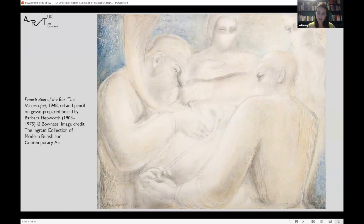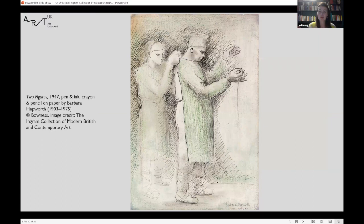And known primarily as a sculptor, I think that Hepworth was also this incredibly skilled draftsman, and you can see the three-dimensionality of this work. If you go closer, particularly in the hands and the figures and the faces, it's really extraordinary. And this painting, and also this one, Two Figures, 1947, were created after a 2-year period, 1947 to 1949,